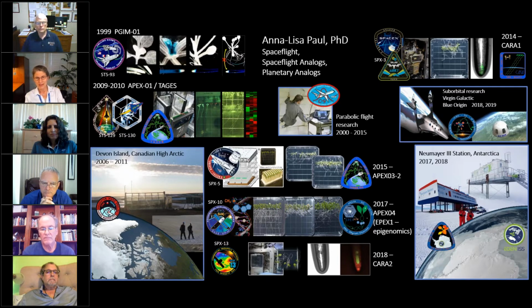And so there's spaceflight analogs for things like suborbital research or parabolic research, where you're doing experiments in short-term transitions into microgravity, but also taking all of that curiosity and knowledge into what do we need to know before we go to another planetary surface, and practicing some of those things in greenhouses, both in the high Canadian Arctic and also down in Antarctica, where we can ask, all right, so now that we're learning about how plants respond to